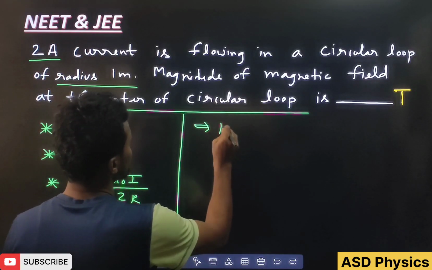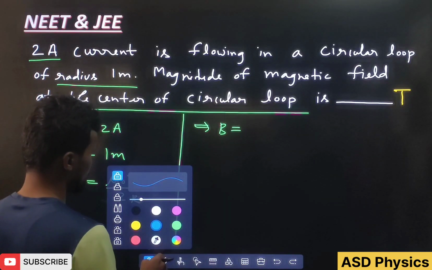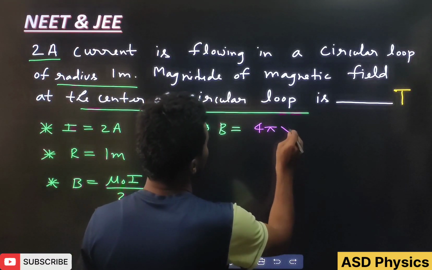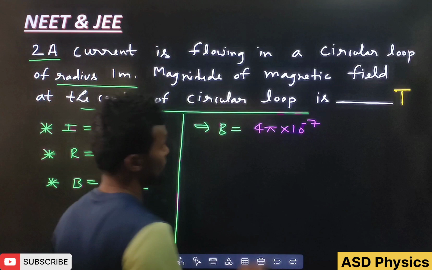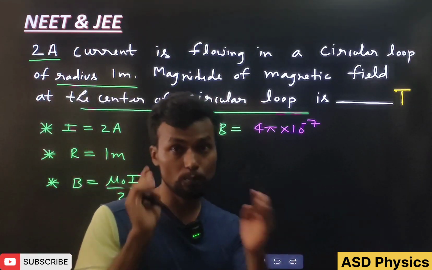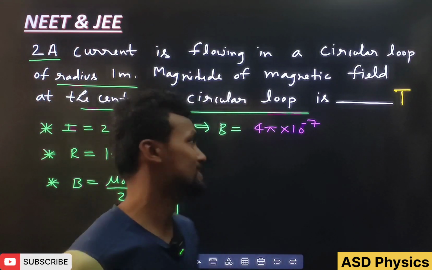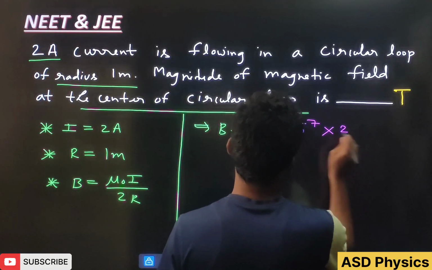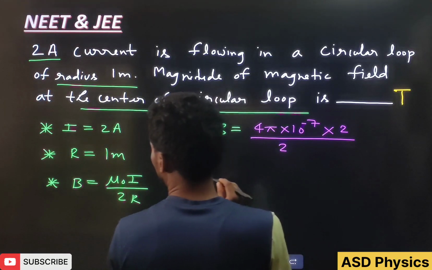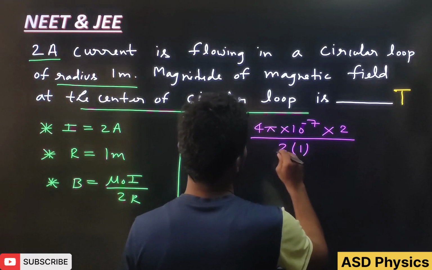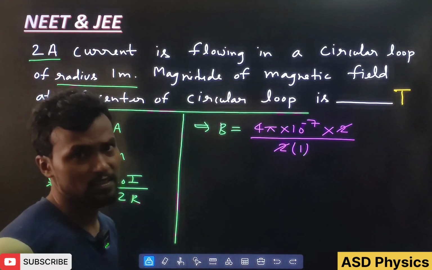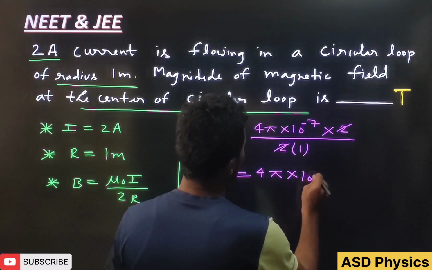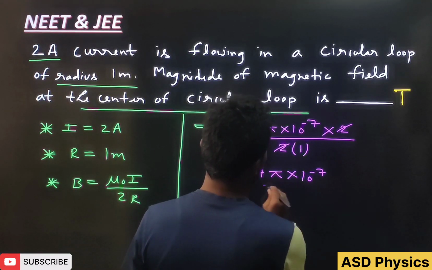We can write here B equal to mu naught, value 4 pi into 10 to the power minus 7, because mu naught by 4 pi is 10 to the power minus 7. So mu naught means 4 pi into 10 to the power minus 7. And the current, how much is given here? Current they are telling 2. By 2, radius how much here? Radius is 1. So this 2 and this 2 are cancelled. So what will come here? The magnetic field at the center will come 4 pi into 10 power minus 7